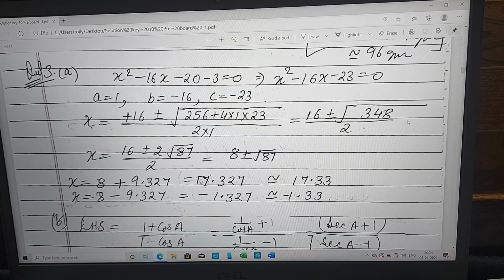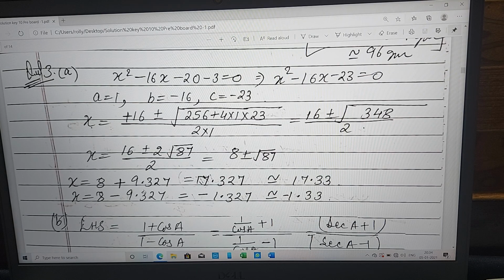So you are supposed to calculate the prime factors of 348, and because a pair of 2 will be created, 2 will be taken out from under root sign and it has to be 2 under root 87. The value of under root 87 has to be seen from the table which was given in the question paper. It will be 9.327 and then the value becomes 17.327. You were supposed to round it off to 2 decimal places. So you are supposed to take the value till 3 decimal places and then the third place will be seen because it is 7, more than 5.